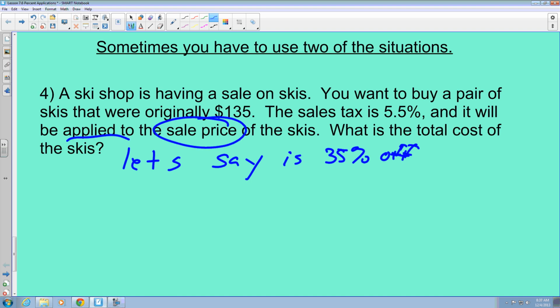because it gets applied to the sales price. So the first thing we have to do is find what that sales price actually is. When we go up to the beginning of our notes, we have finding a sales price, which is 1 minus the discount multiplied by the original. So let's do that. It's going to be 1 minus 35%, which is 0.35, and it gets multiplied by 135. So 1 minus 0.35 gives me 0.65. Multiply that by 135, and I get